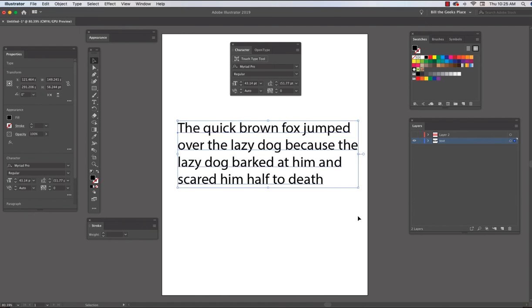And I can resize the text. Now, something I don't remember seeing is this touch type tool in here. I'm going to click it. It's kind of cool, but you can use it to click on different letters. And once you click on a different letter, then